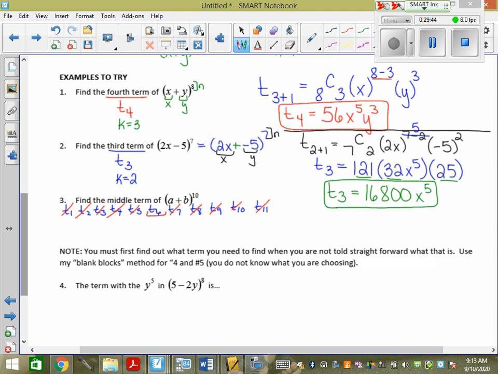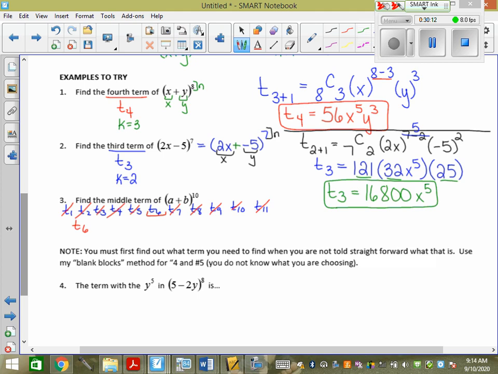Did you know that they can just ask a question like that? They can ask you to determine what n has to be in order to have a middle term, or describe what n would have to be in order to have a middle term. Could you describe it? It's not always just solving, right? Describe, explain, compare. We need to be able to do all those words the whole time, right? Okay. So, we're going to find term 6.